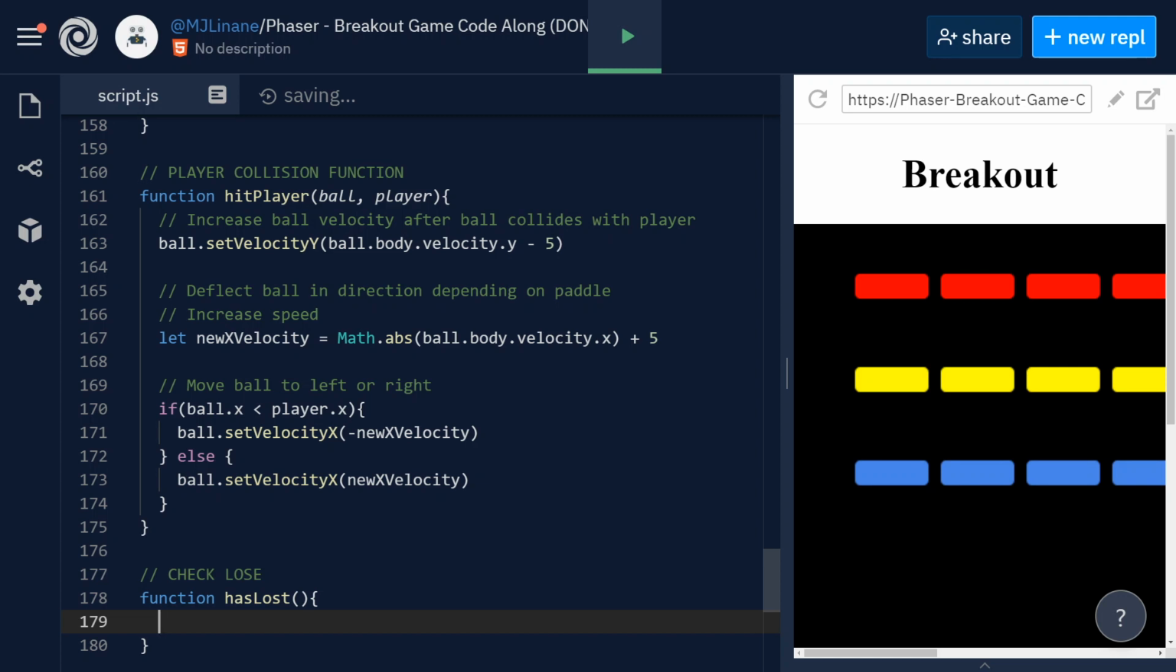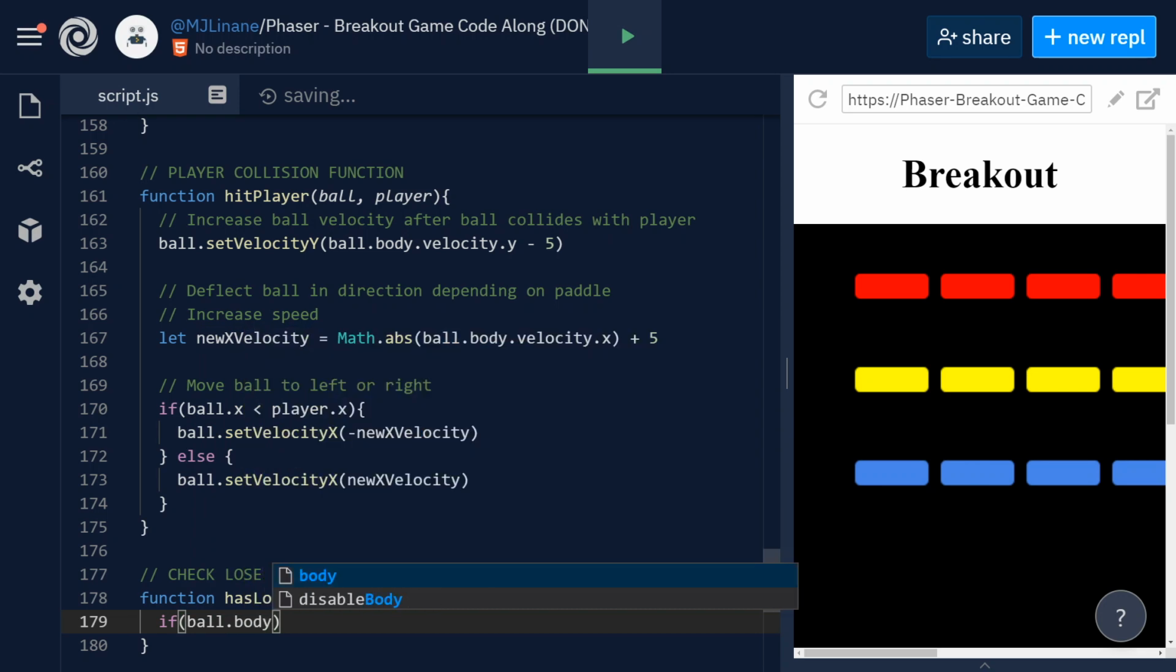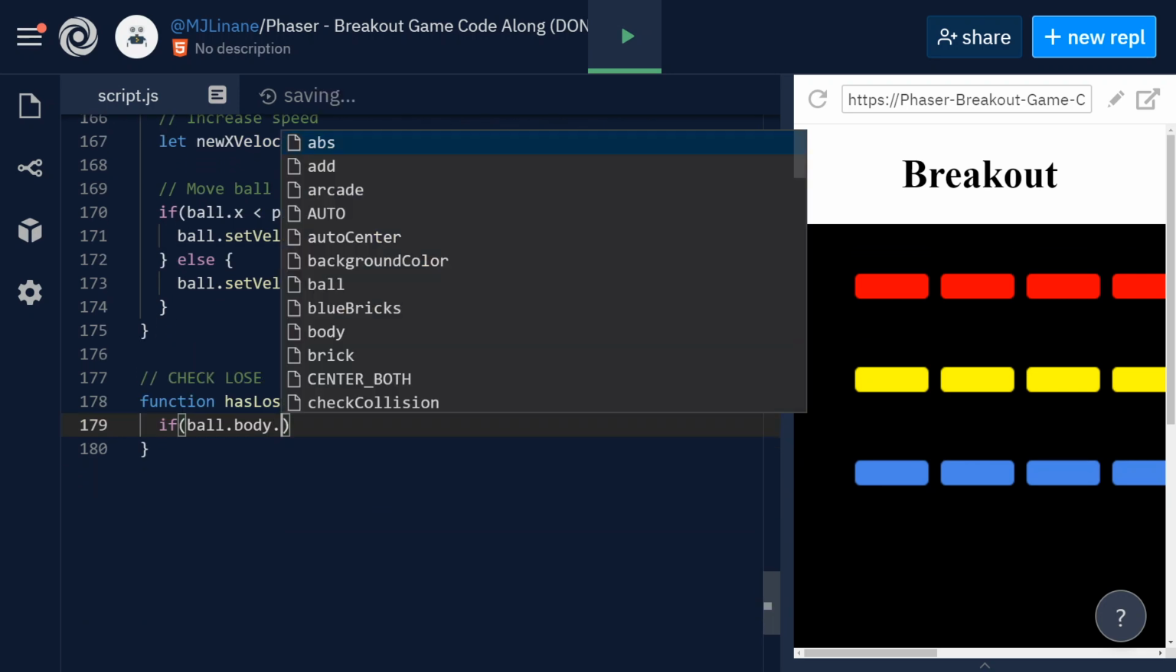Well, in basically every breakout game, the player loses if the ball touches or goes below the Y boundary at the bottom there. So we can do that. We can check to see if the ball has gone too low, and we can do that by accessing the ball's Y and the world bounds. Okay, so we can do if ball.body.y